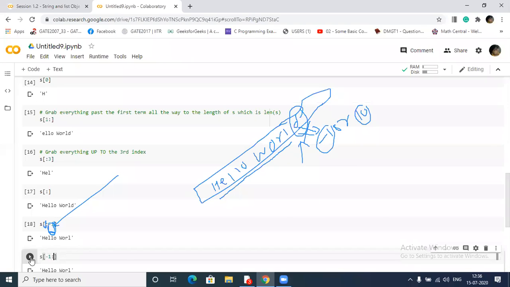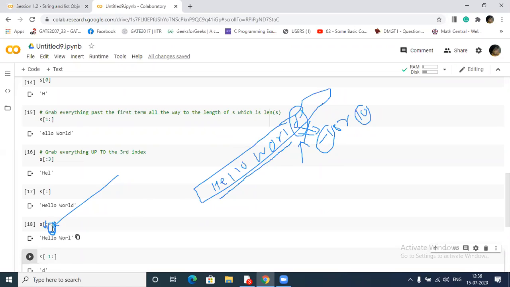If 10, I will get D. See, only D. This way you use the colon. See here, it's saying go from here and till your string ends. But after this D there is nothing, so it will print only D.